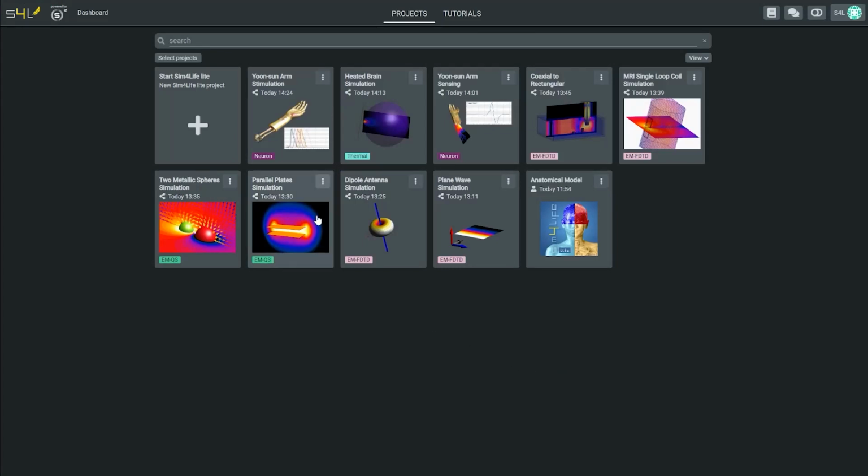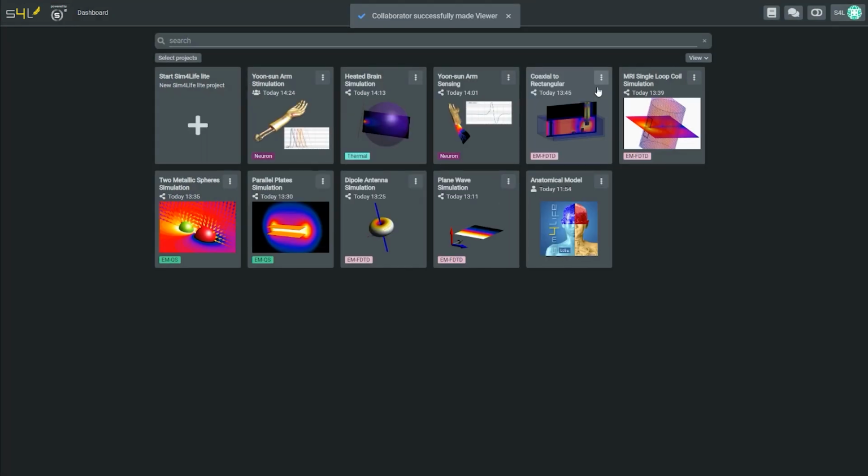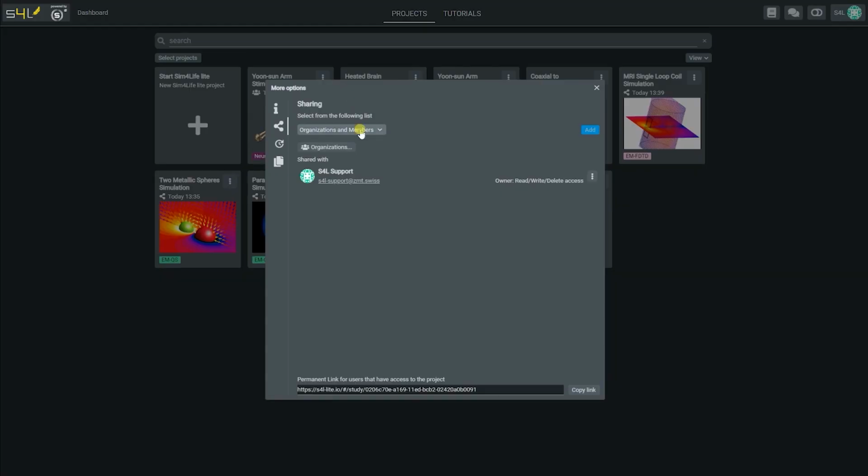The web version has many impactful advantages, one of which is that I do not need to install any updates as everything is now managed by ZMT, the owner of Sim4Life. In addition, all my projects are available anytime and anywhere. The web-based version permits me to share my studies with other students without moving files, and offers a great way for collaborative modeling. This opens completely new possibilities for joint projects.